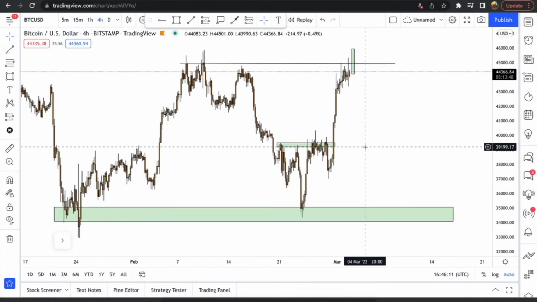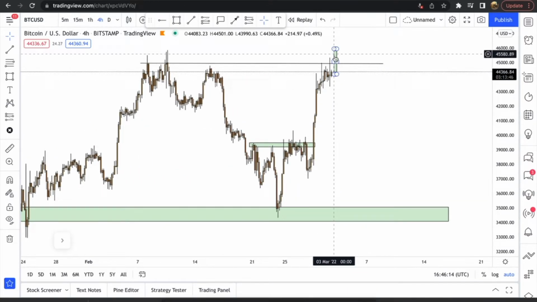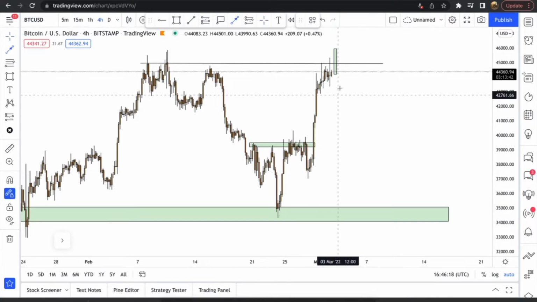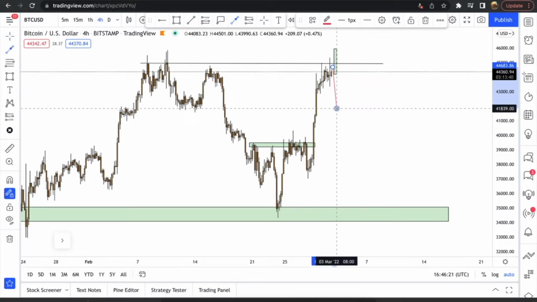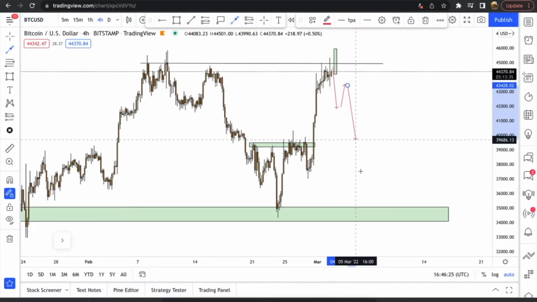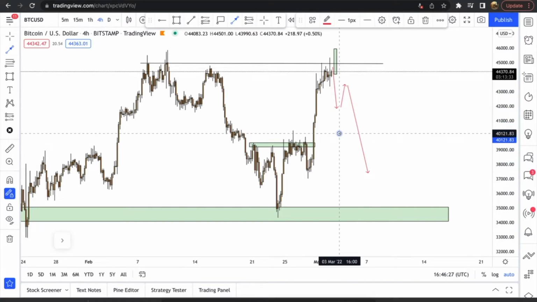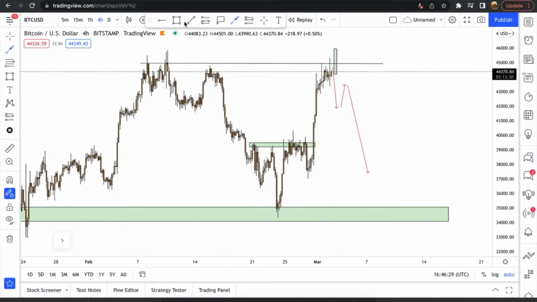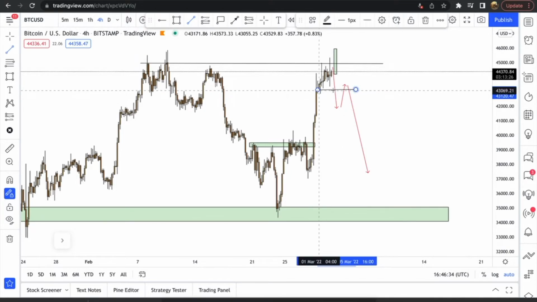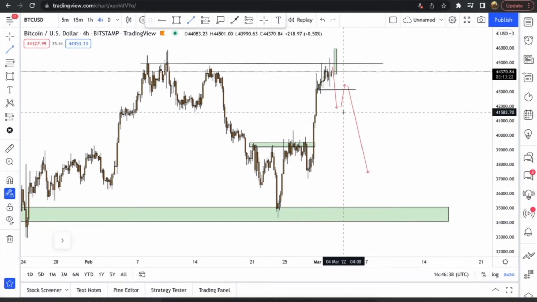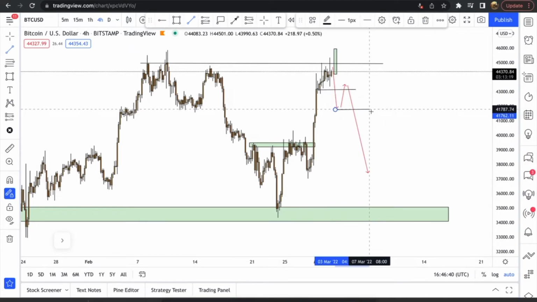And alternatively, we could come up and we could push up here, and then we could get some rejection. Then we could start getting price pushing down, and then you could have the pullback, and then you could have your continuations back down. In this case, if you have this pullback, and then this is your breakout level of support, for example, and then that'll be the retest, and then something like this, and then I would be entering.